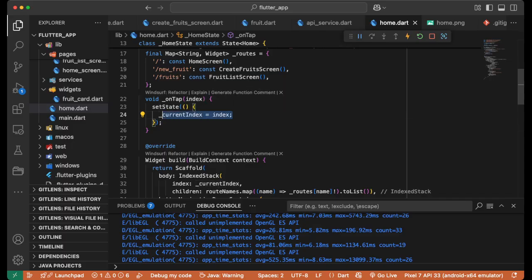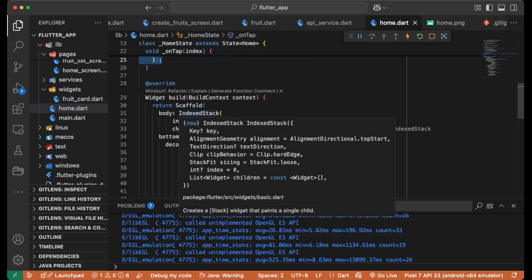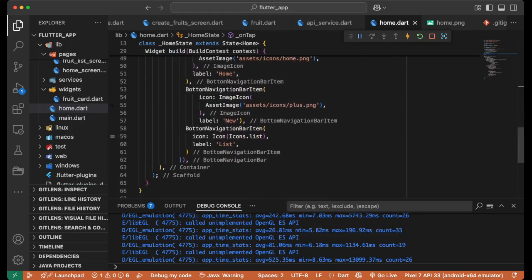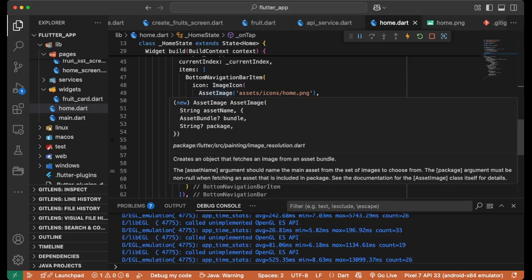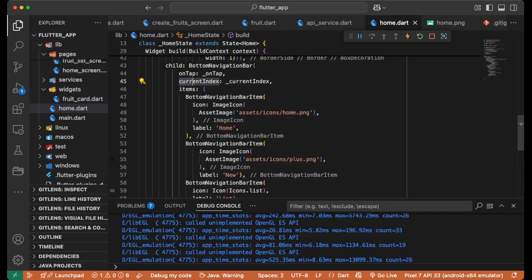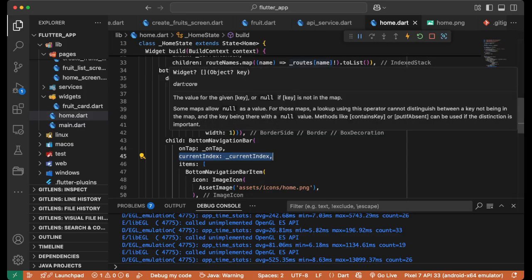If this changes using the set state, it's going to rebuild the screen. It's going to show the necessary screen that is part of the index stack, and then it's going to highlight the necessary button that is currently active, which is this one. That will be rebuilt. Okay. Now